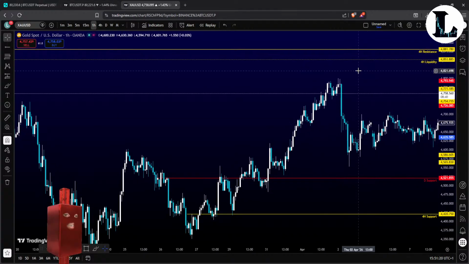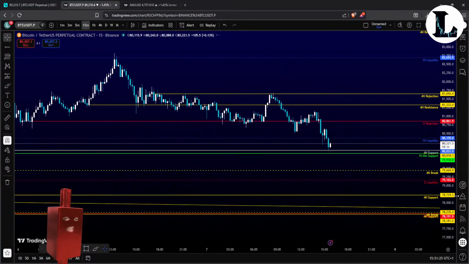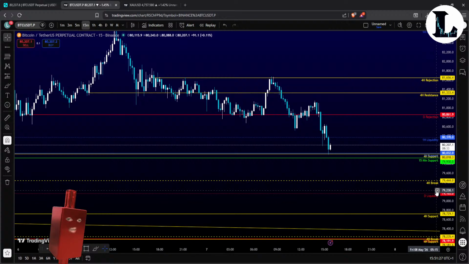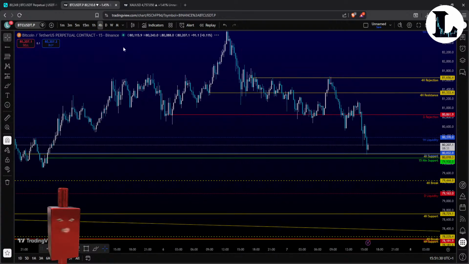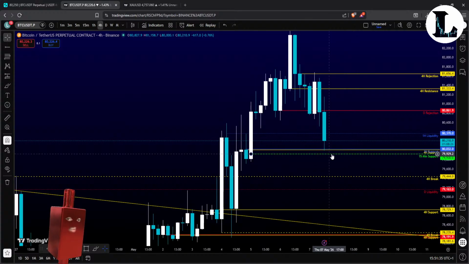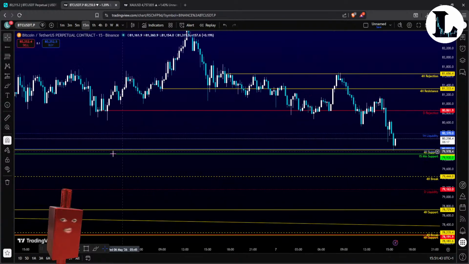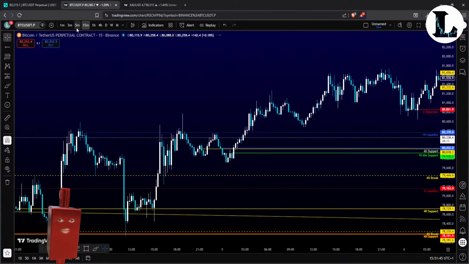So let's actually go back to BTC a little bit. See the reaction here. For now, it's holding. That support is holding. If we don't go to the 15-minute support, that's going to be more bullish because I think it's kind of the last support, but I'm gonna check that.